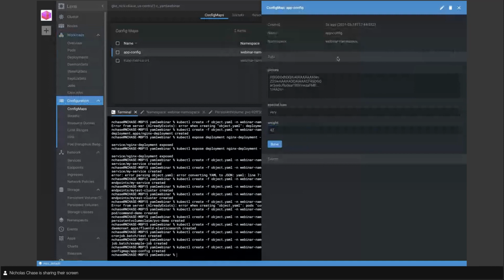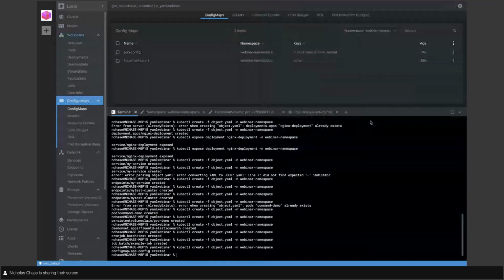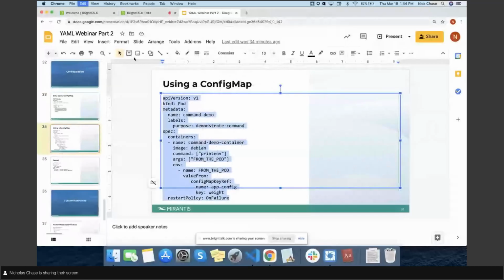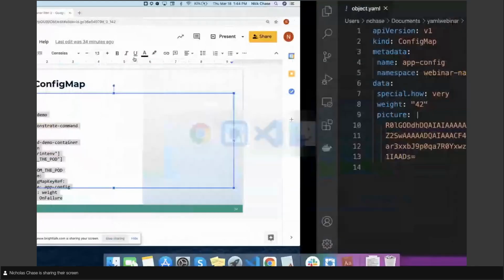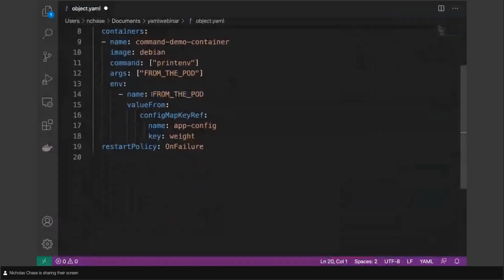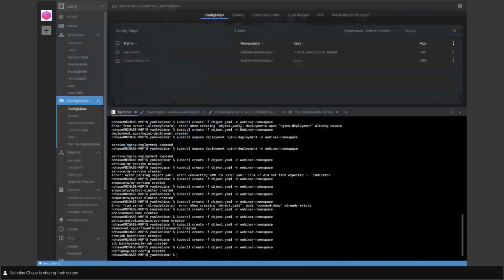Another handy thing that Lens lets you do. So I have my app config map, and I want to use it from a pod. So let's take a look at this pod back here. Standard pod, same pod we had before, only instead of just specifying our environment variable from the pod, we are getting a value from a config map key ref. The name of the config map is app config, and the key that we want is wait. So if we save it and run it,